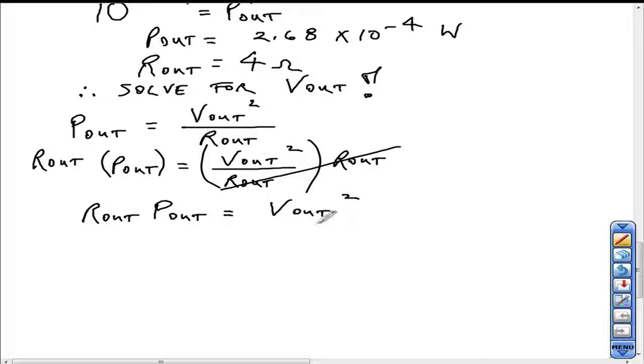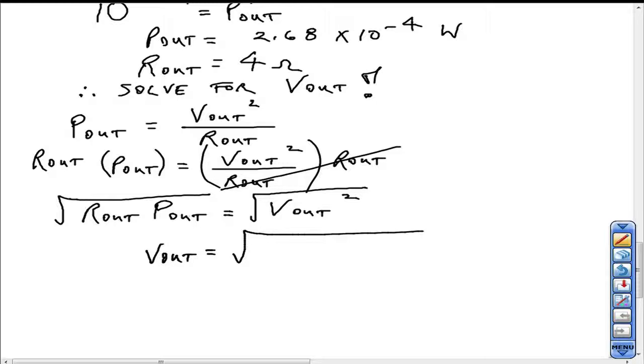If I want V out all by itself, you can take the square root of something squared. What you do to one side, you've got to do to the other. If you take the square root of anything squared, it pops out. So V out equals the square root of R out, that was 4 ohms, times power out,